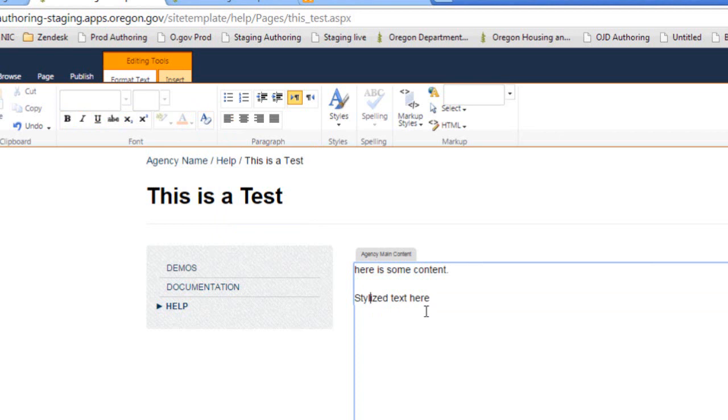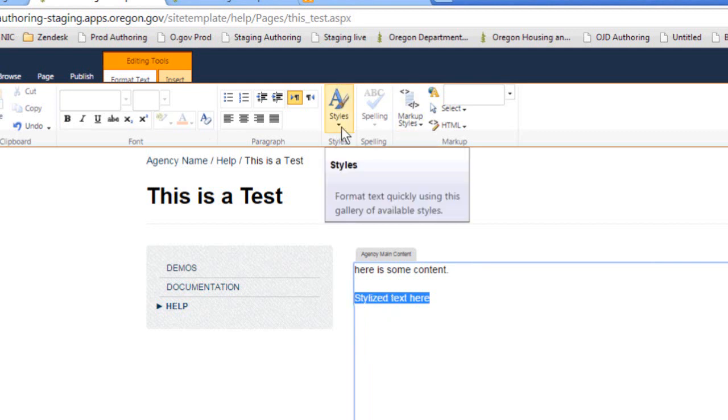And when I highlight that or click into it, I don't see any of these buttons lighting up. So that means that my styles are gone and the HTML is probably pretty clean, and that's the way we want it. So what I recommend is when you want to stylize some text, that you go to this button, the Styles button,